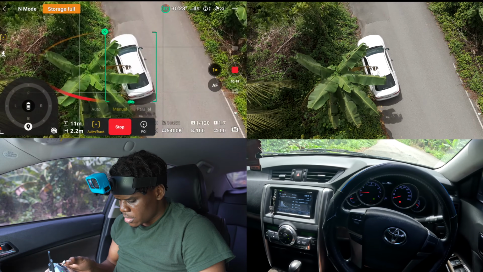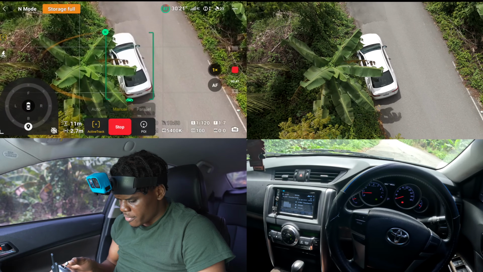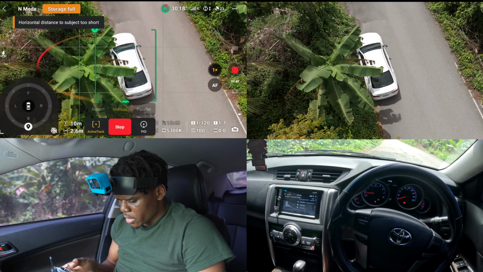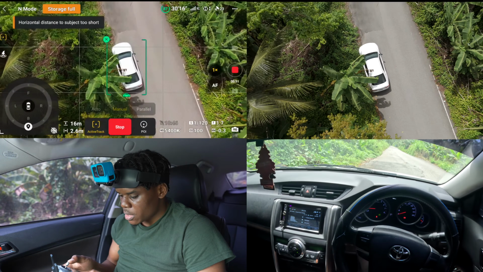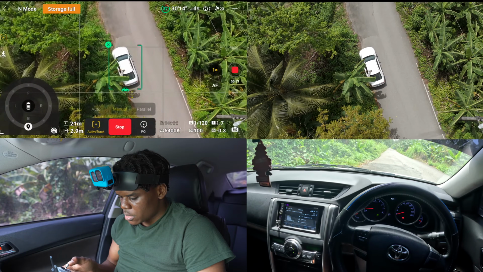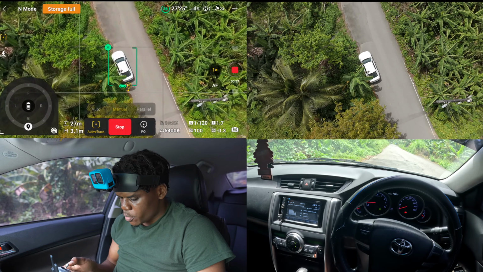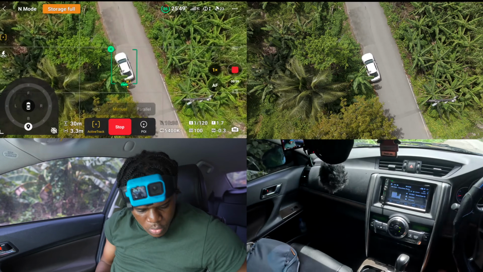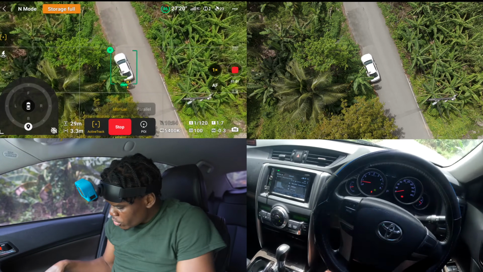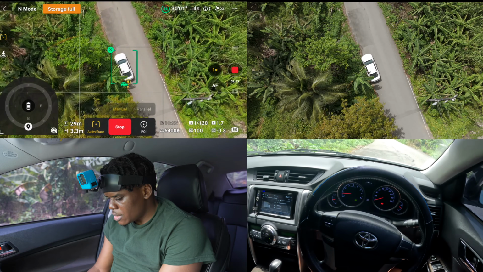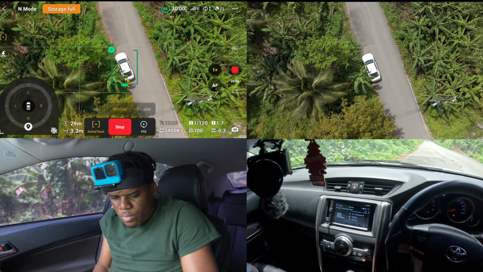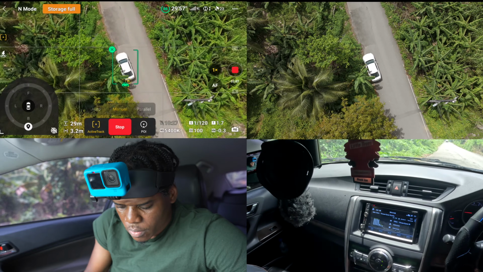I'm gonna put it up a little bit further. I don't want it to be too close to those light poles. I think there is perfect. So I'm just gonna hit the road right now and let you guys see